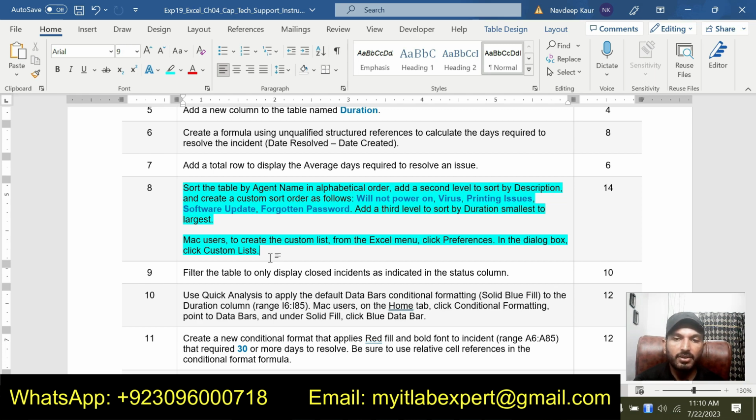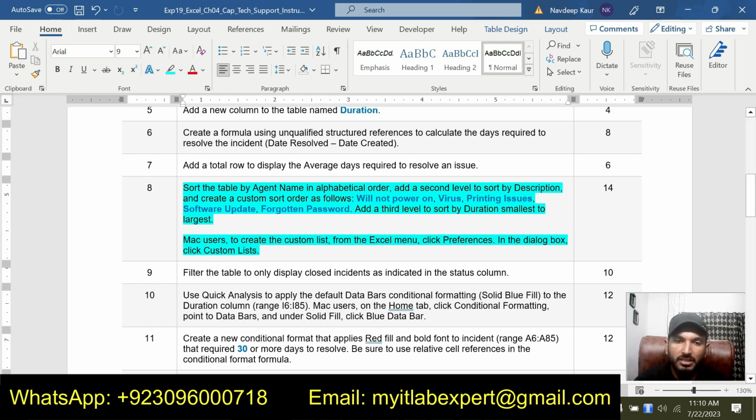Add a second level to sort by description and create a custom sort order as follows. Will not power on, virus, printing issues, software update, forgotten password. Add a third level to sort by duration, smallest to largest. So basically we are supposed to do some sorting of this table.